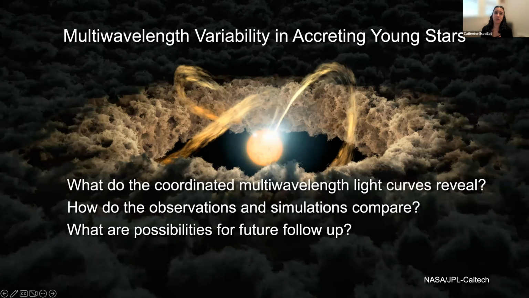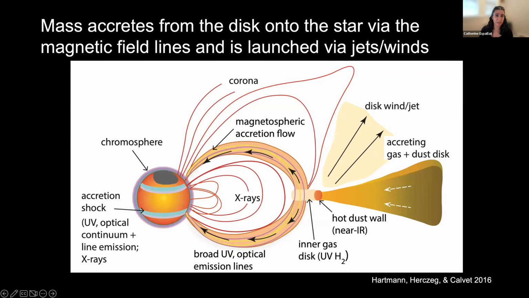Okay, so first I'll start discussing what we find in our coordinated multi-wavelength data set. Then I'll show how we use modeling to conclude that the observed features are evidence of a density gradient in the accretion hotspot. And then I'll quickly conclude with future prospects for follow-up. Connor just gave us an excellent introduction on accretion and T-Tauri stars. I'm going to be focusing on how we can use the UV and optical light curves to learn more about the accretion hotspot, which again is the footprint of the accretion flow on the stellar surface.